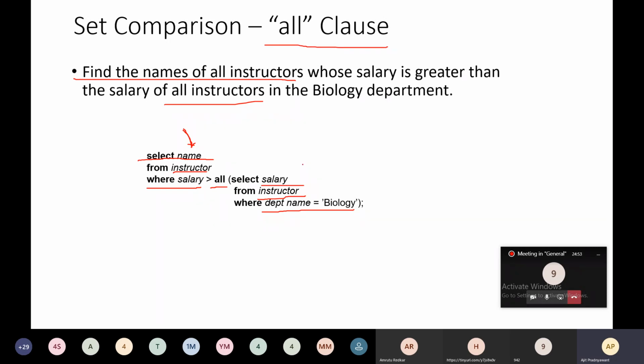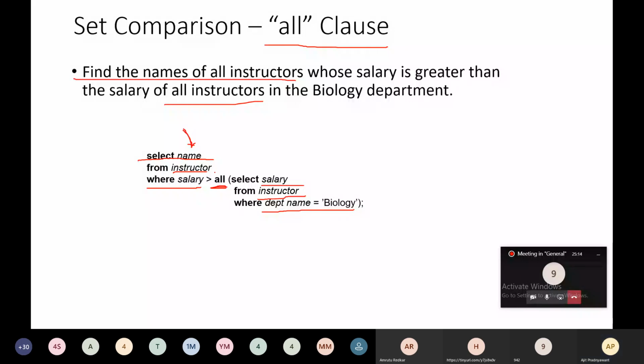Okay. To be familiar with all these clauses, you need to have some practice so that you will get the idea when to use the SOME clause, when to use the ALL clause. That's why I have given the assignment that you need to solve, so that you will become familiar with all these statements.